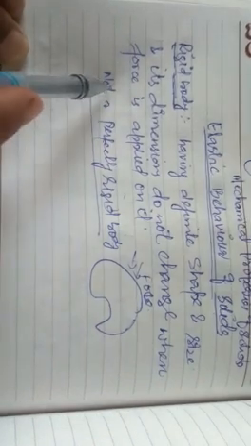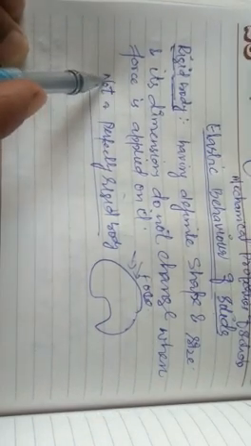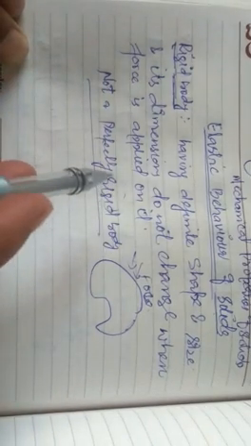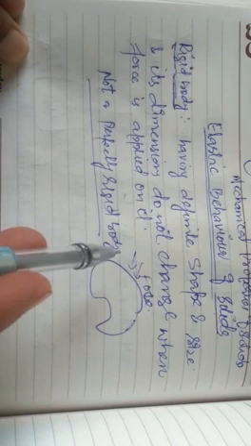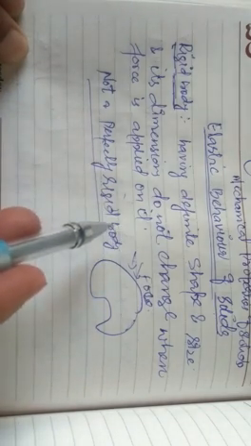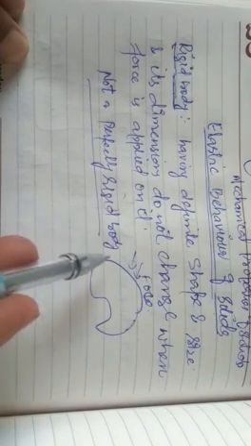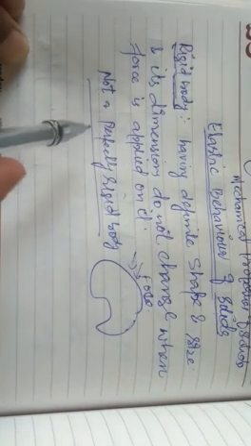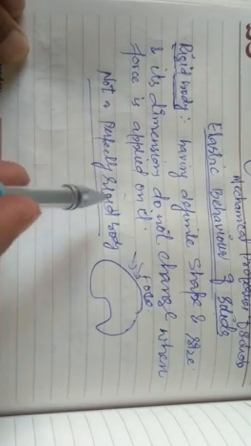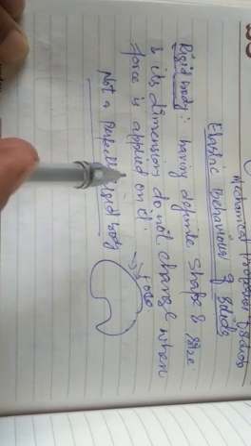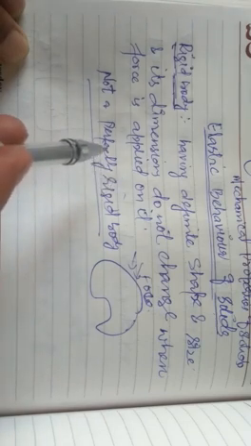But fortunately or unfortunately, we don't have any perfectly rigid body, though there are types. Some bodies have a lot of change in the intermolecular force on applying a small amount of force. If the same force is applied on a hard body, there might not be so much change, but if a large force is applied, there might be a change. So you should now have the concept of a rigid body in your mind: a body whose dimensions, that is shape and size, don't change when force is applied.